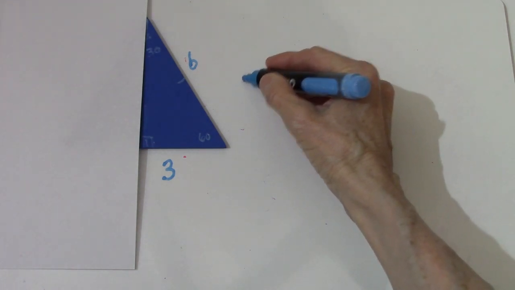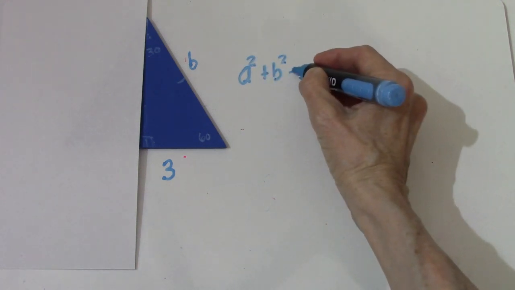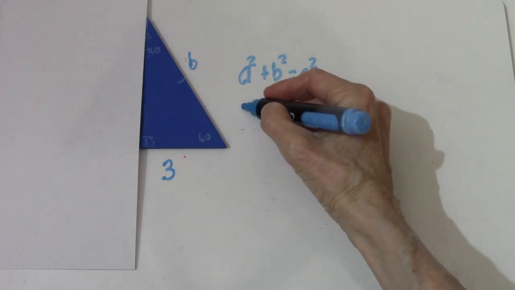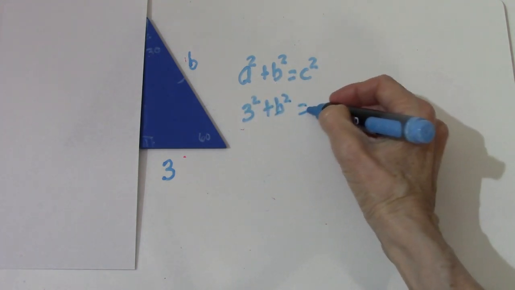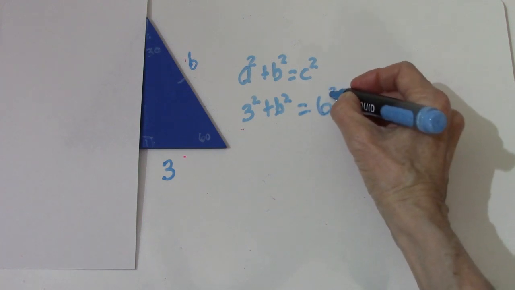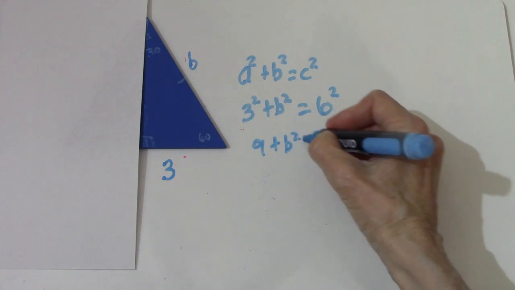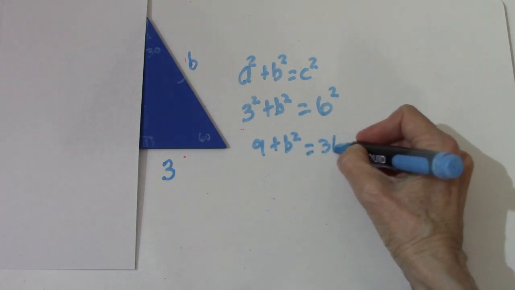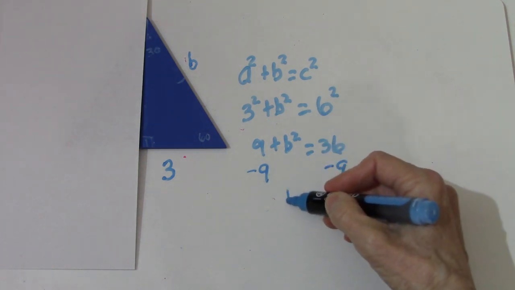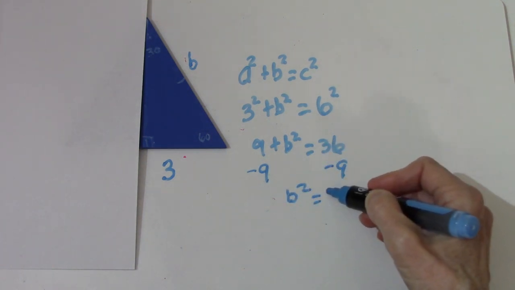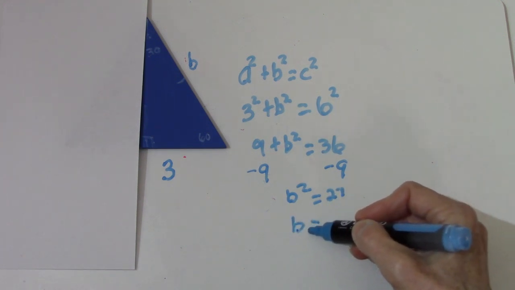I have a squared plus b squared equals c squared. A is 3, so I have 3 squared plus b squared equals 6 squared. So I have 9 plus b squared equals 36. Subtract 9 from both sides, and I get that b squared equals 27,